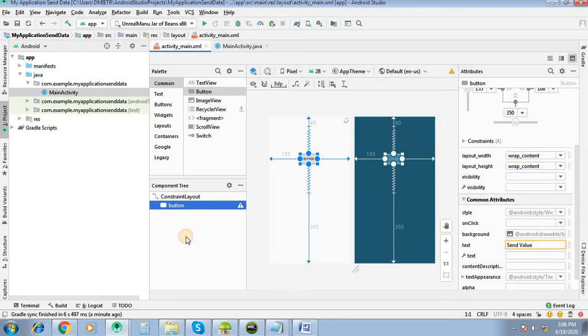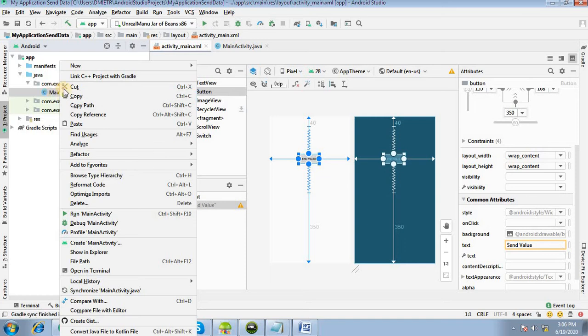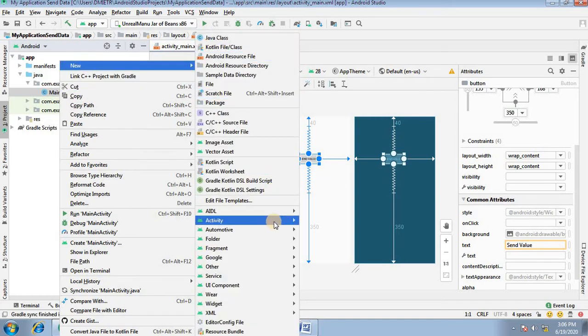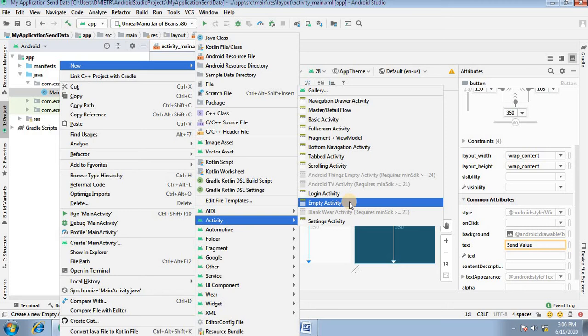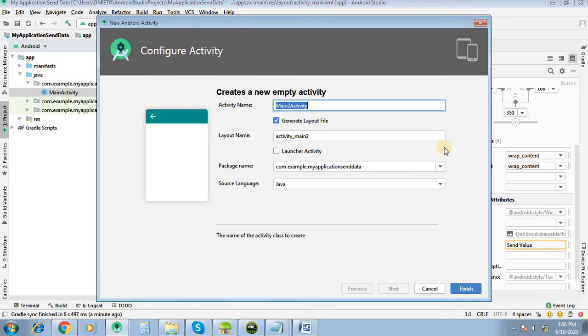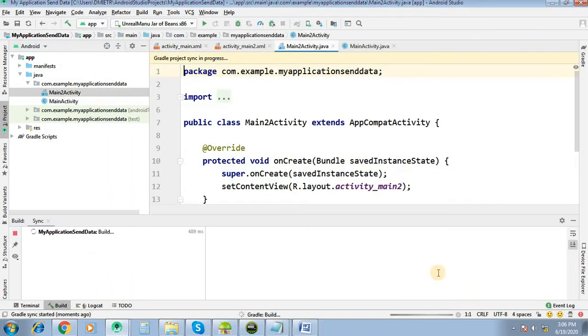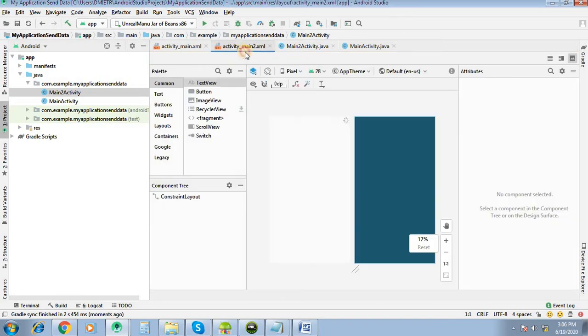Now I will create another activity. From main activity, new activity, empty activity, name it main activity 2, and click on finish. We have two activities.